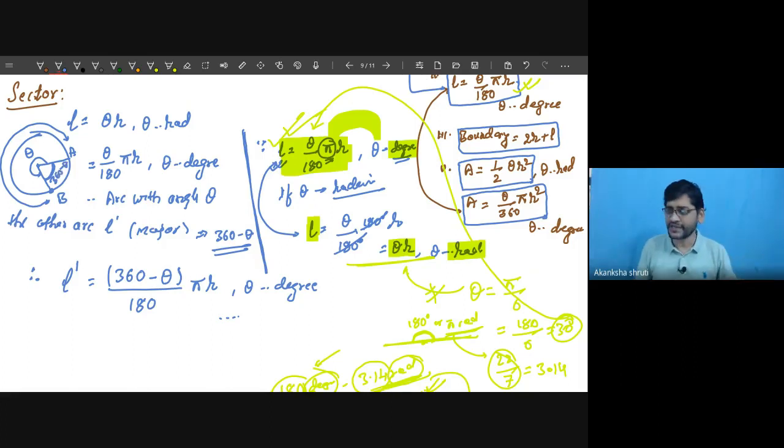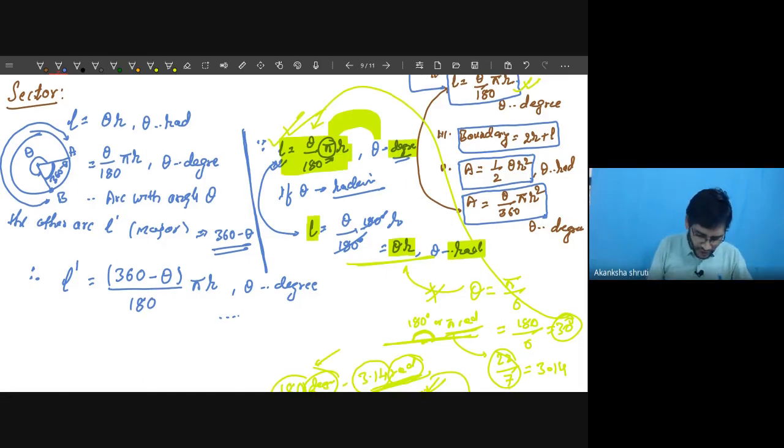So irrespective of whether the arc length is major or minor, it is always avoided to write major or minor with any of this. The concept is just calculate the arc length for the given angle theta, and for the other angle 360 minus theta. You cannot always say theta is for the minor arc and 360 minus theta is for the major arc. No, it depends on the angle given. If the angle theta itself is more than 180, even the first formula can give you the major arc. So that's why it is always advised like this.